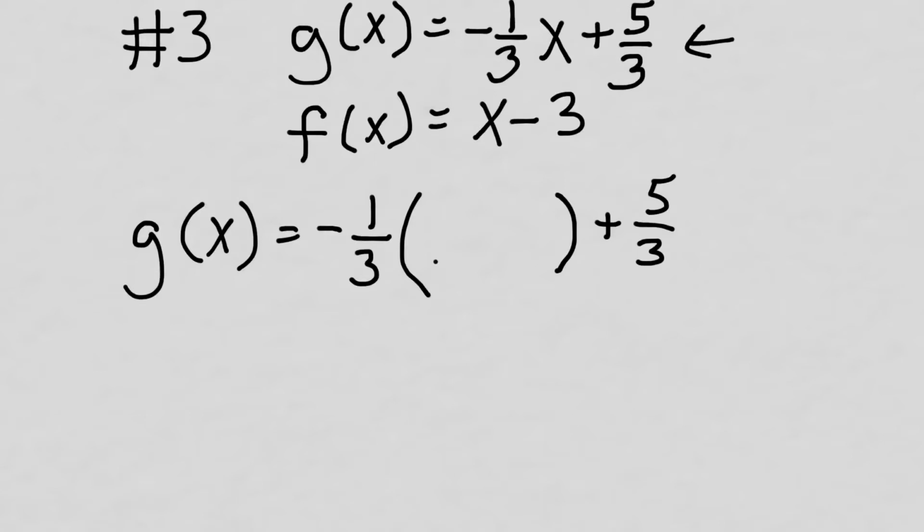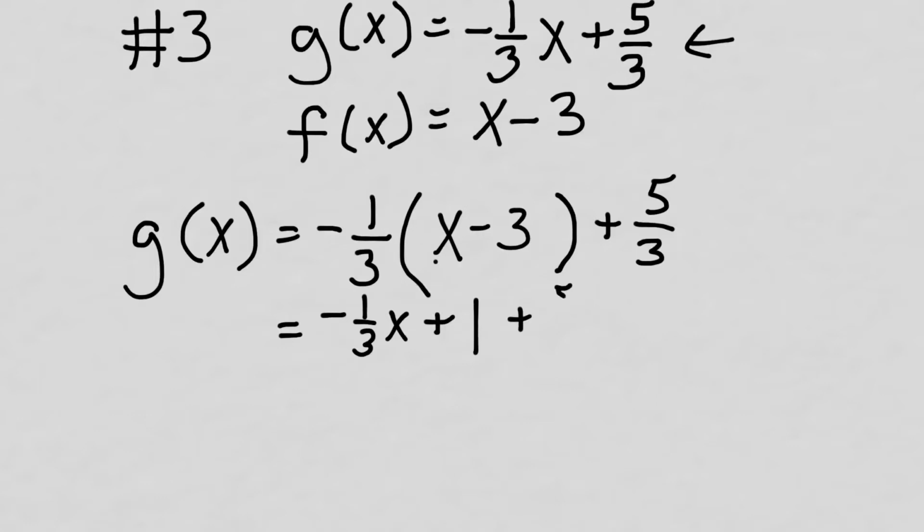Inside the g of x, I'm going to put the f of x, x minus 3. Doing the math on this, I end up with negative 1/3 x. Negative 1/3 times negative 3 gives you plus 1